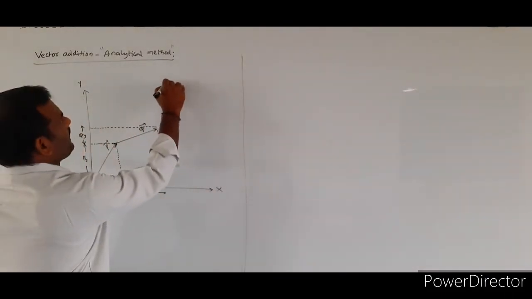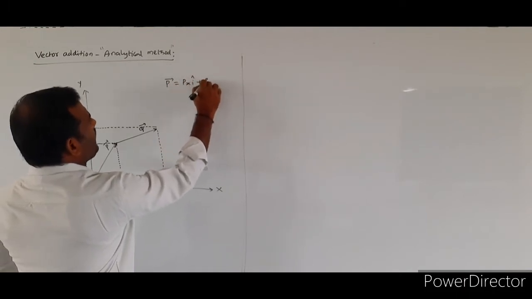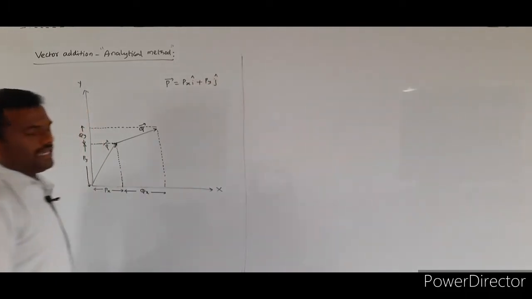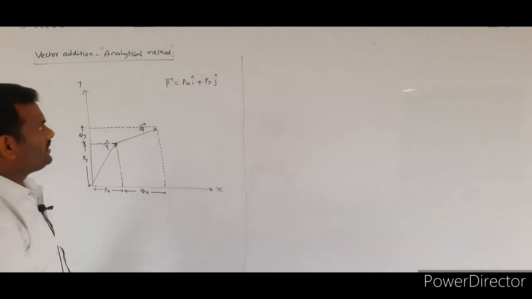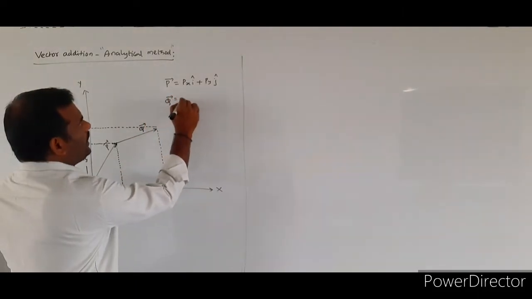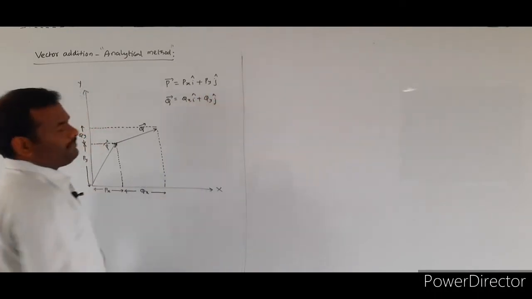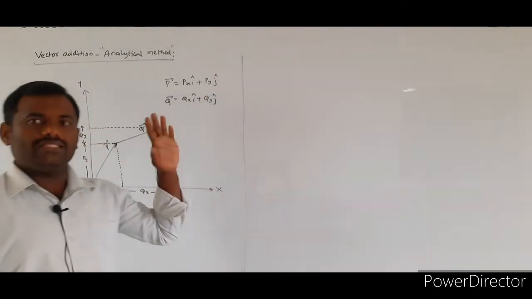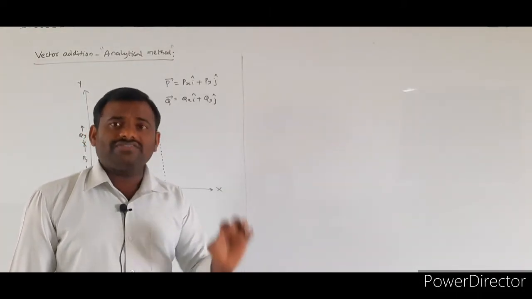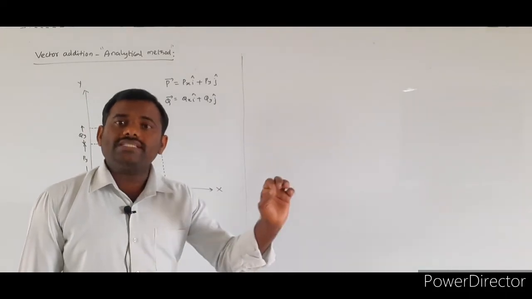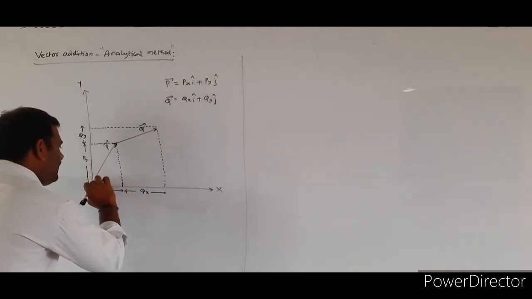Now, what do we take here? P bar is equal to Px i cap plus Py j cap. First vector P bar is equal to what? X component plus y component. Second vector Q bar is equal to Qx i cap plus Qy j cap. Here both the vectors are represented in the form of their rectangular components only. Now, if we draw the resultant vector,